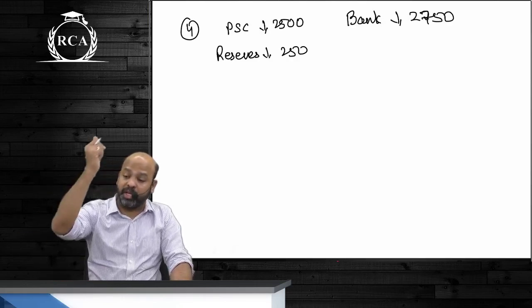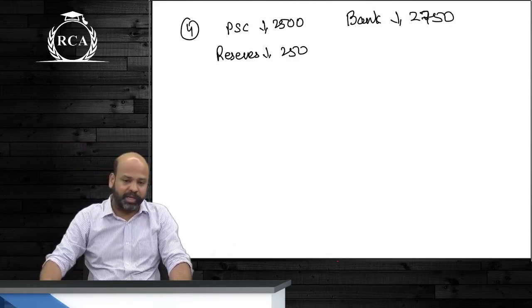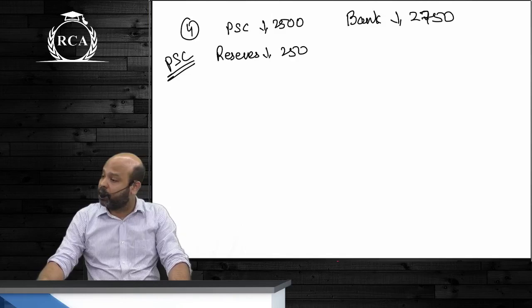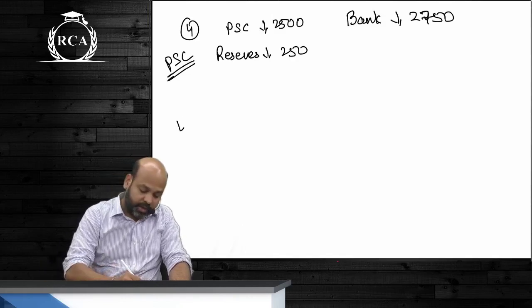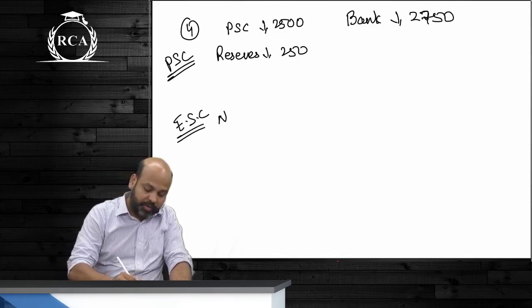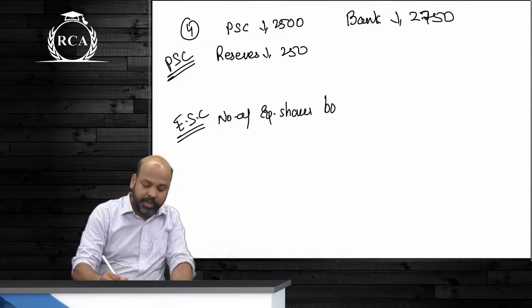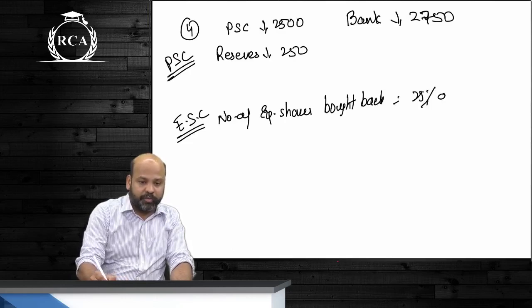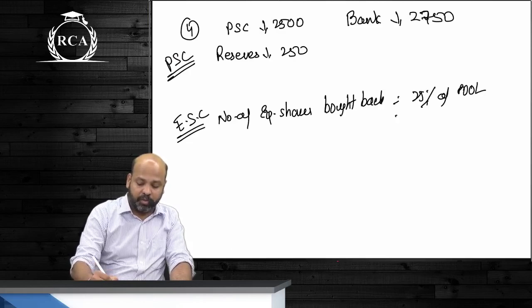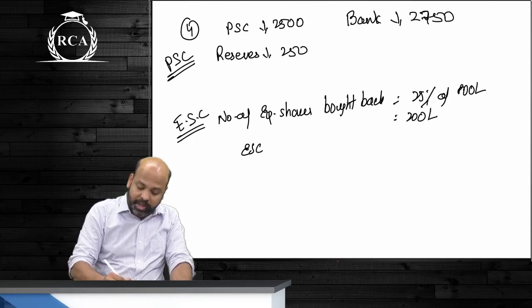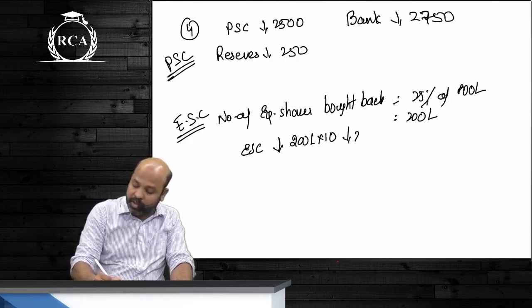Now look at the question and tell me, how many equity shares are outstanding? 800 lakh equity shares. So when it comes to equity shares, beta, what is the number of equity shares bought back? 25% of that. I'll give you time to copy this, beta. Listen for a second, the question is a little different. 200 lakhs, guys. Your equity share capital, beta, is going to reduce by 200 lakhs into 10 rupees, 2000 lakhs.